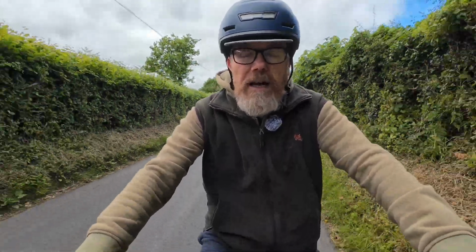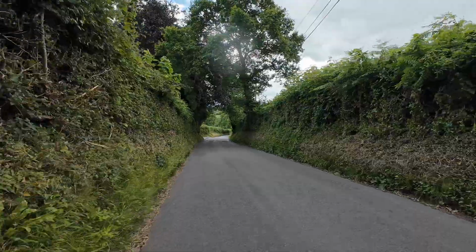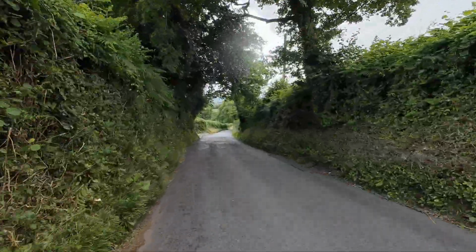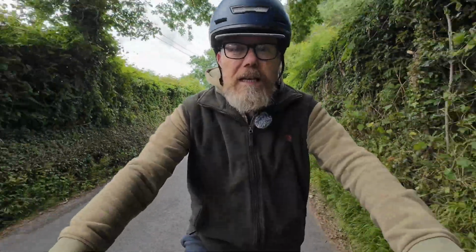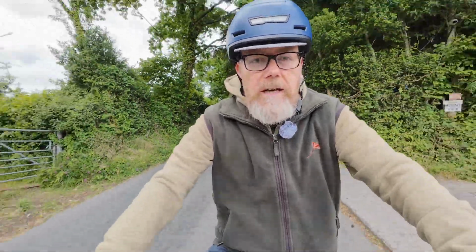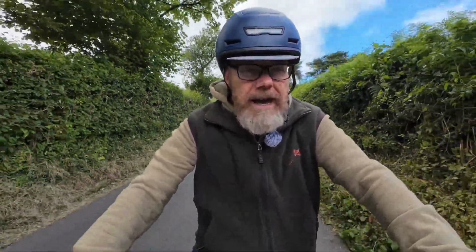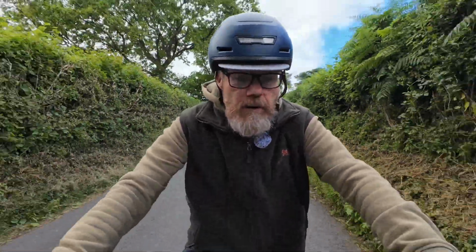If I remember rightly, I can't quite remember, I think it's mostly downhill now. And then when I get to the bottom here, there'll be a little housing estate. I'm not quite sure how to get through that. Then I've got to go through there, and then back up on the mountain, and back up a massive hill again. So I'm just seeing how far